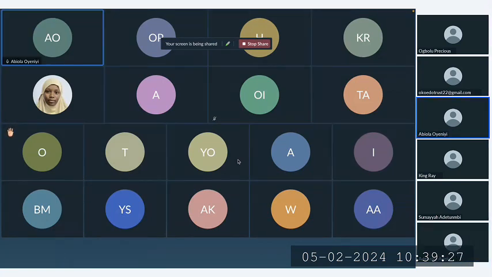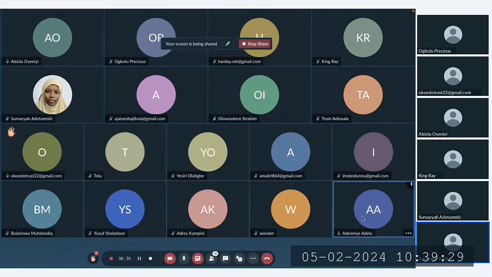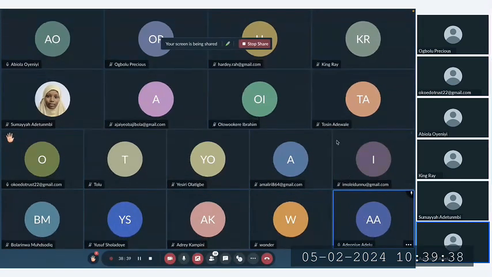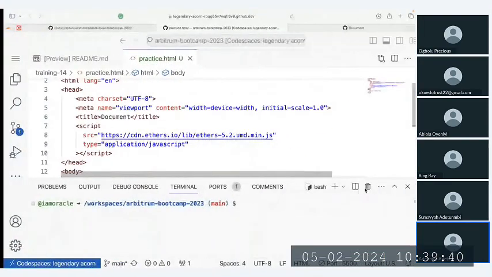Hello. Please, you should show what you did, because I really did not see how you got to the codespace and the rest. Can you just do a quick